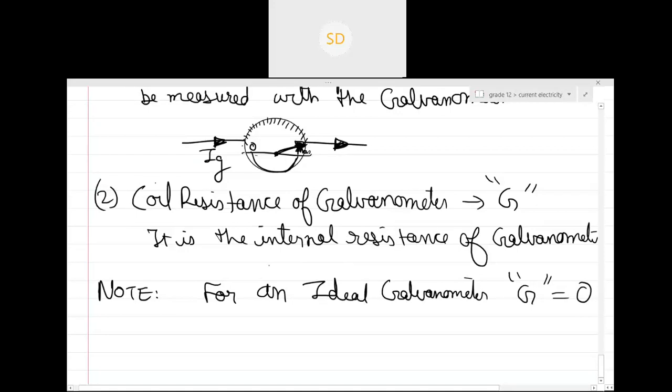If it's an ideal galvanometer, then the resistance should be 0, right? So it doesn't have any resistance and doesn't interfere with the current. But we know an ideal galvanometer doesn't exist. So for a real or a laboratory galvanometer,